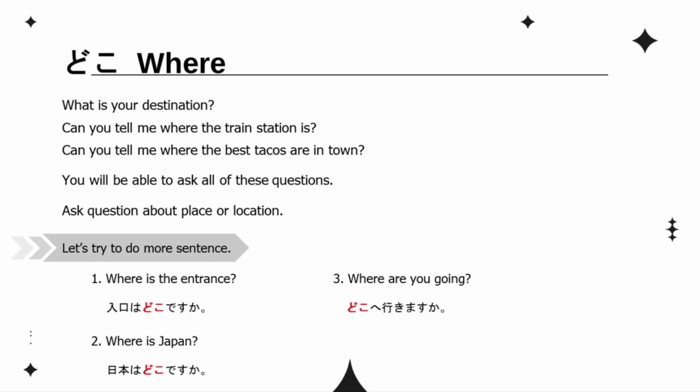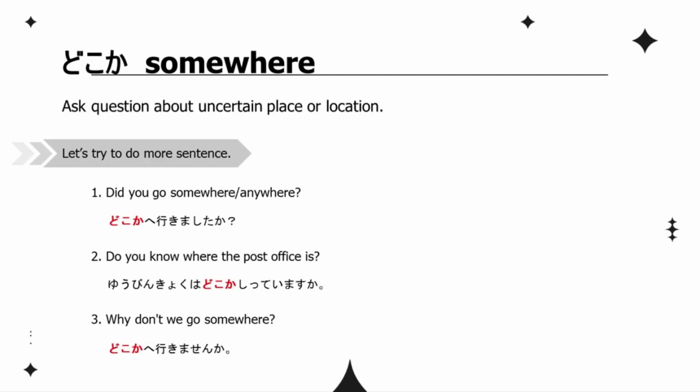4. Usage of somewhere and anywhere. How to ask questions about any uncertain place or location in Japanese. How to use somewhere in the sentence. Let's learn about it. Dokoka means somewhere. Did you go somewhere/anywhere? どこかへ行きましたか